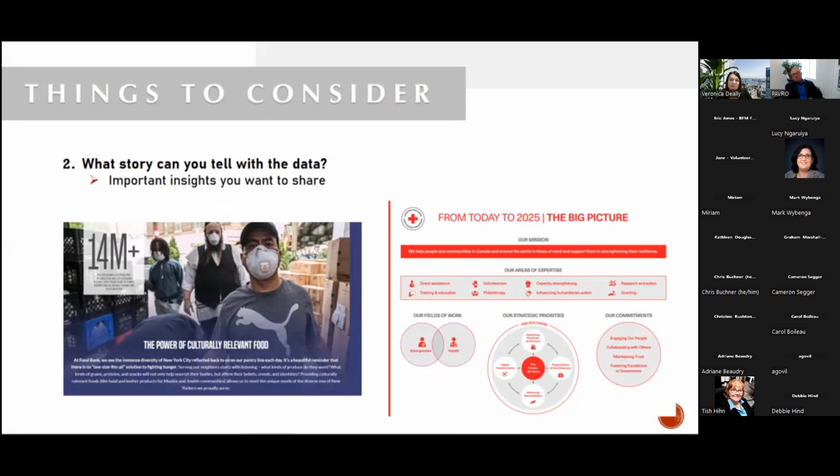So the one there on the left, big number, big, you're going to want to see what that 14 million is. So they threw a number at you. They have this picture. What are they trying to tell you? They tell you a little story there on the bottom, right? Whereas